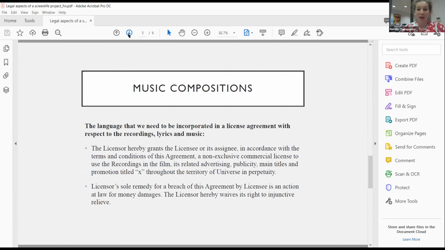Fourth, fifth, yeah. So speaking of music compositions, if you want to, and of course you would want at some stage, integrate music into your Screenlife project, you either commission the entire score to someone, or, which is more often, you will license music from the owner of the rights. In case you license the music, you will need to have a contract, and I'd like you to know about the language that is really important for